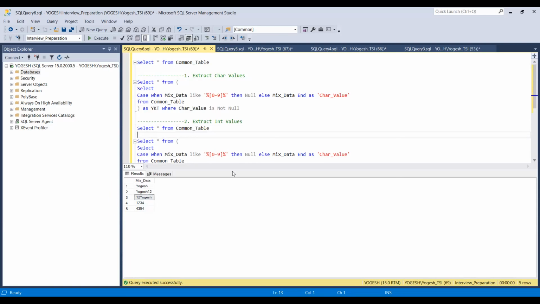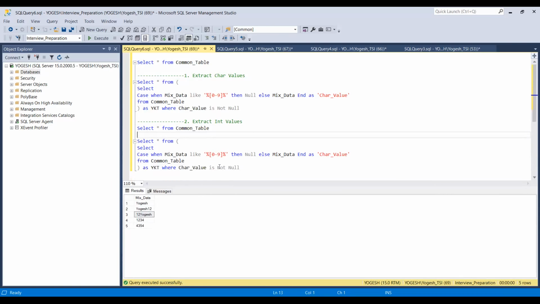In the first case, we ignored the numeric values if any digit was coming. Before this range, just use the NOT, this one. If you use it, it will ignore all the records wherever any character value is. Let's execute it.